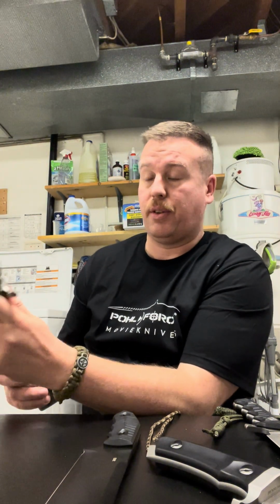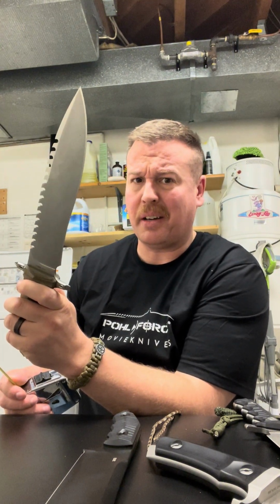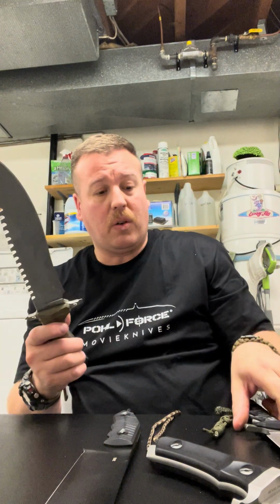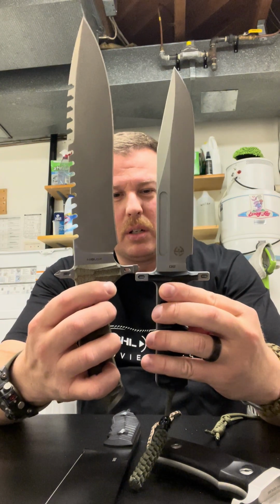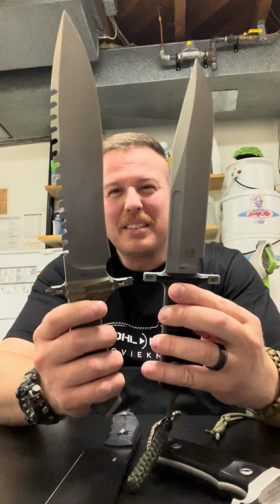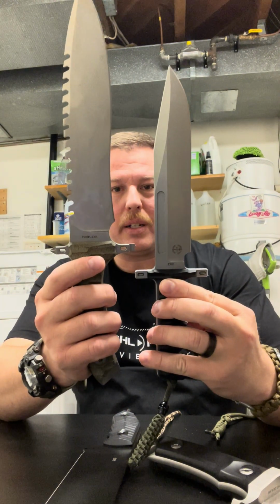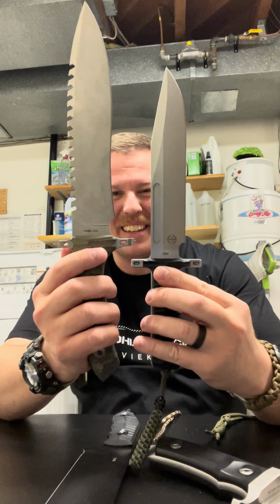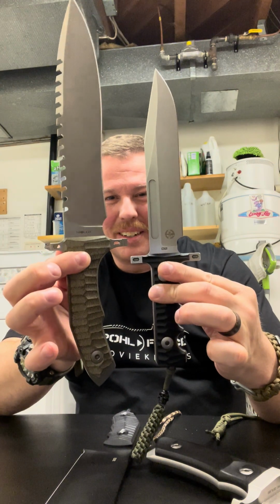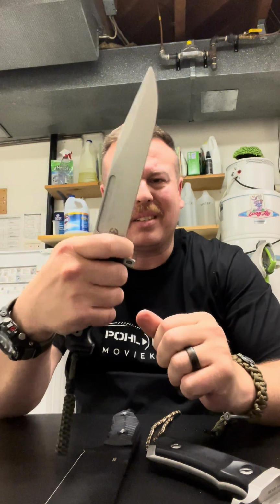15 inches overall length for the Legacy. Big knife. Oh, the Quebec 2 and the Legacy. Let's check it out. Holy smokes. This thing dwarfs the Quebec 2. Literally dwarfs it in every way. Oh my god. I thought this was a big knife. You know, you put this in your hand and you're like, man, this is a big knife. This is nice. And you're like,